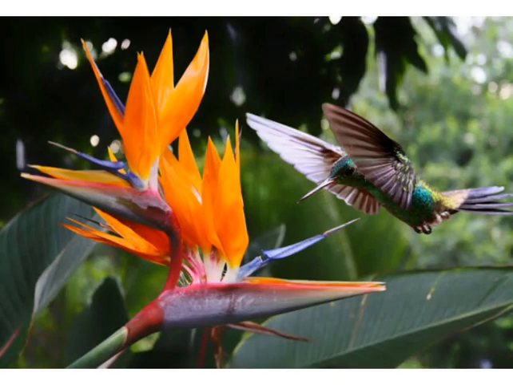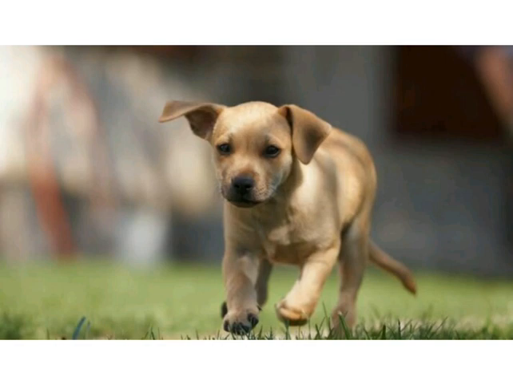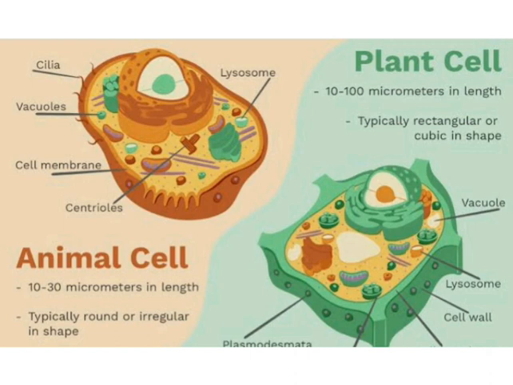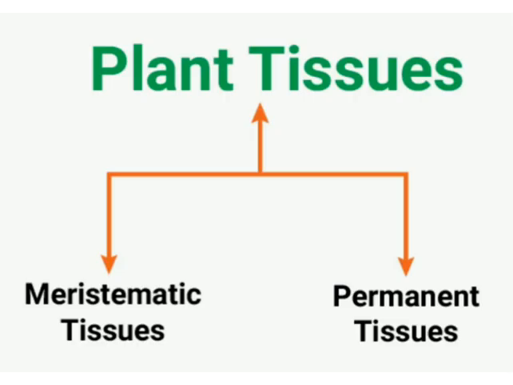Whereas animals move their body parts as well as move from one place to another. All their body parts grow uniformly. Only a few cells are dead in an animal body, like hairs, nails or some skin cells. Based on whether the cells can reproduce or divide, plant tissues can be classified as meristematic tissue and permanent tissues. Now let's see the details of these two types of plant tissues.